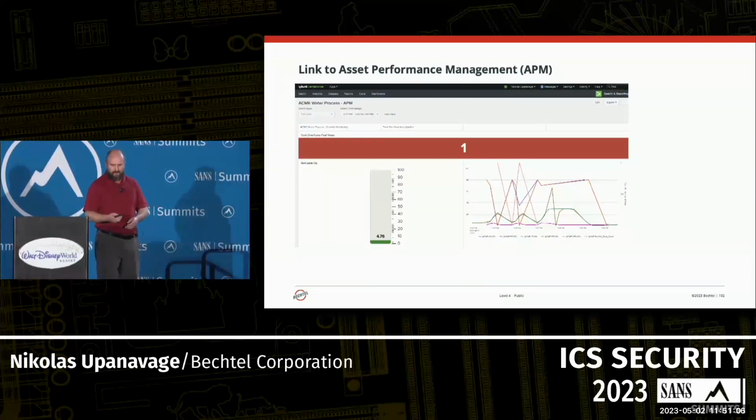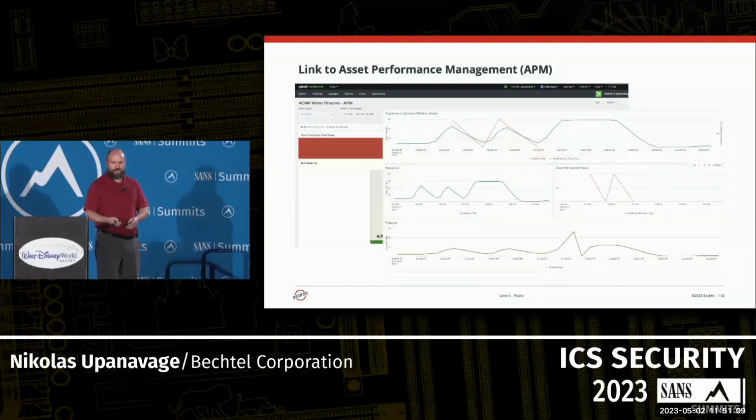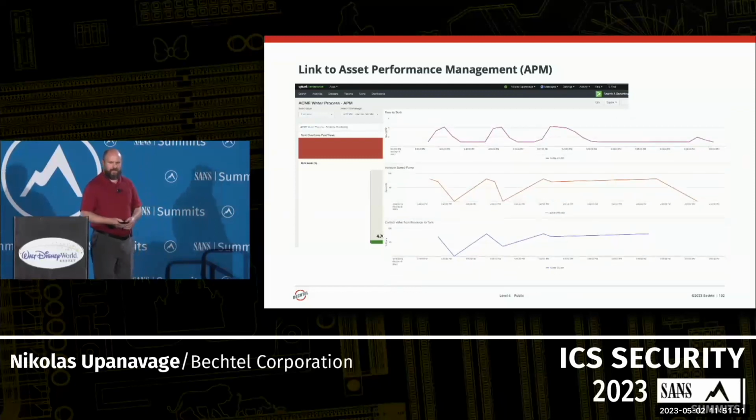So these are just some different examples of what it looks like in Splunk. And the nice thing about this is, with everything, our security data and our process data, this APM data coming into one platform, we're able to start looking at it and say,